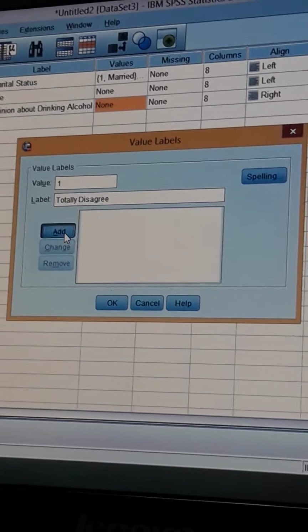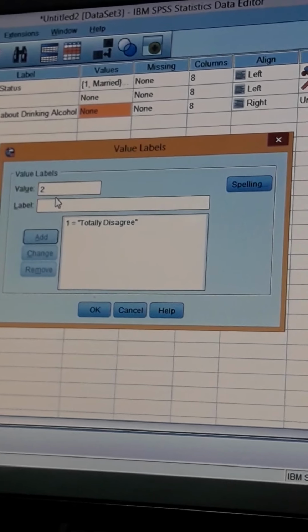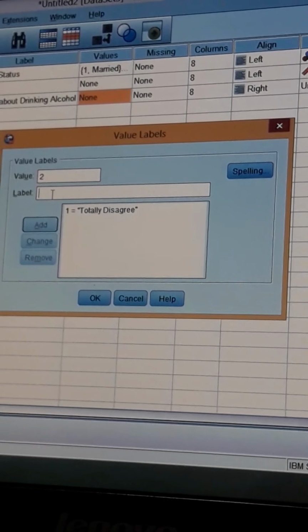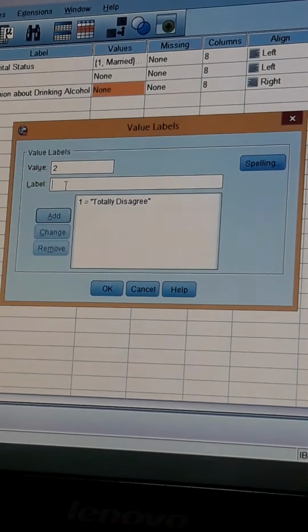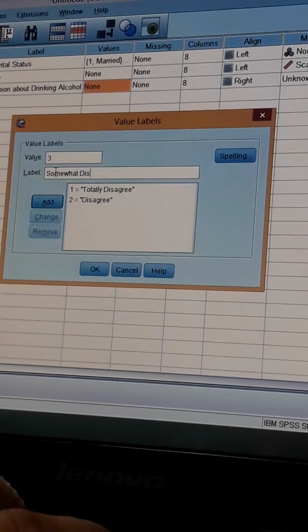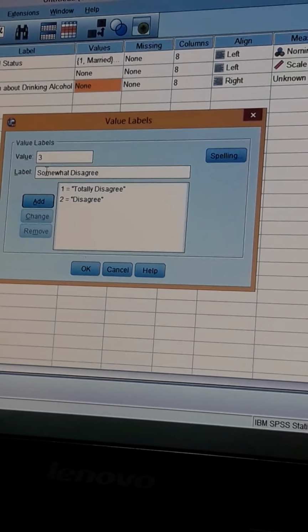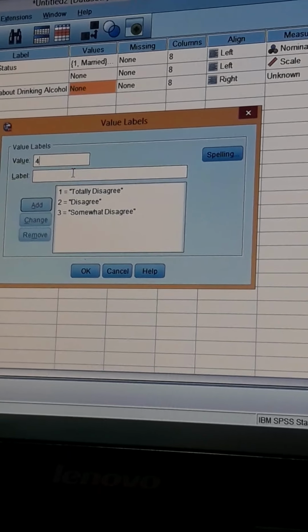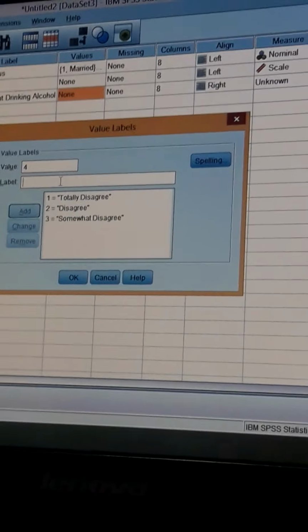We'll add value 2, label we are going to write disagree. Add value 3, somewhat disagree. Value 4, neutral.